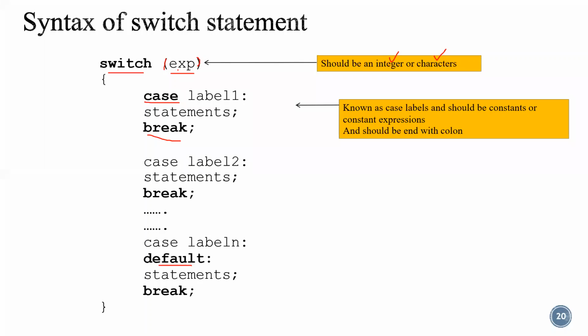So you can give, so 2 plus 3 is an expression, right? What are the operands? 2 and 3 are the operands and plus is the operator. So combination of operand and operator will give you an expression. So that expression should evaluate to an integer. 2 plus 3 will be giving you 5. So this expression, it can be evaluating to an integer or it can be a character constant.